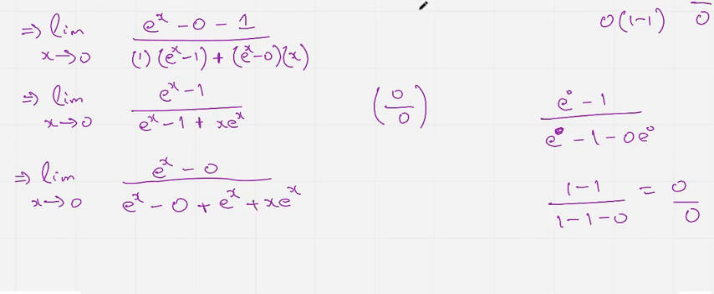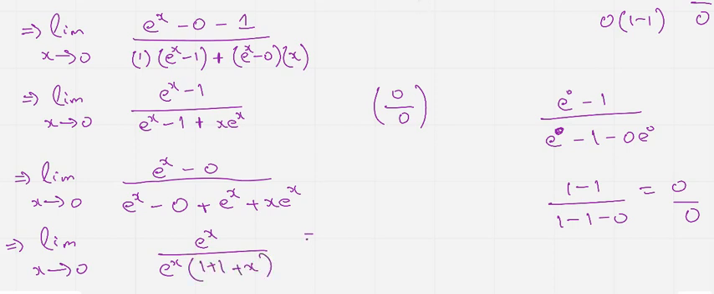Alright, now what to do? We are going to simplify this function, and then we are going to apply the limit. In all these terms we have e power x common outside, so inside the bracket is 1 plus 1 plus x left. So it gives me limit x approaching 0 of e power x upon e power x times x plus 2. Once this and this get cancelled, we have now